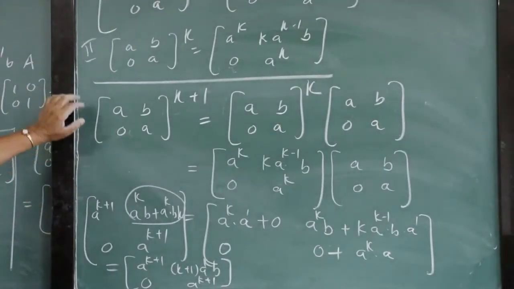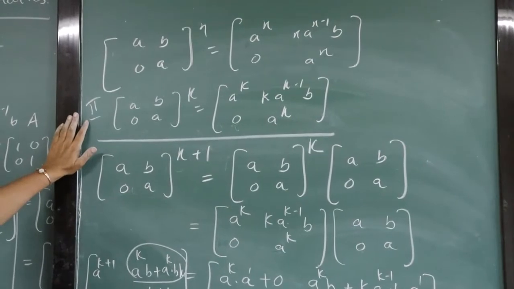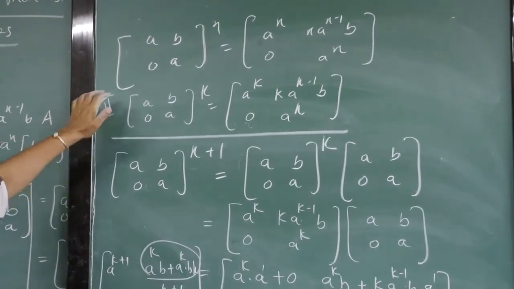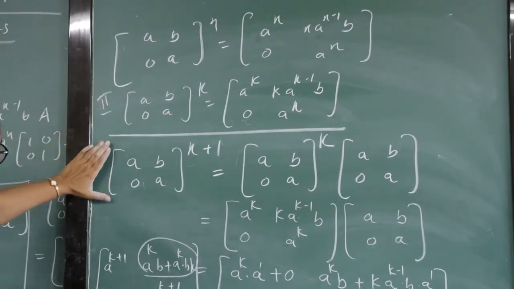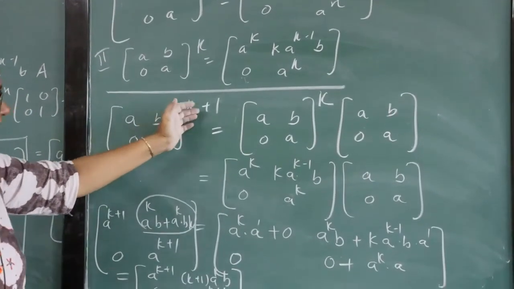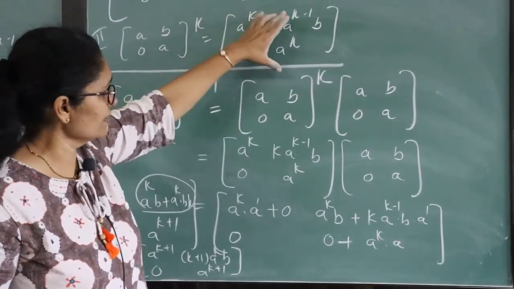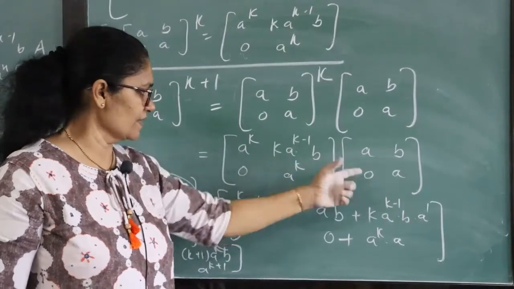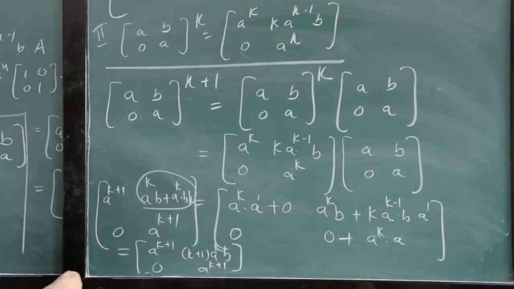and then what we have done, first we have taken n equal to k. For that first step n equal to 1 we have proved it, n equal to k, this one is written, and then we have proved for k plus 1, and here only one concept you have to use, that matrix raised to k power, that one written as it is, matrix A, and then simple multiplication, and what you get, that will be your k plus 1 term.